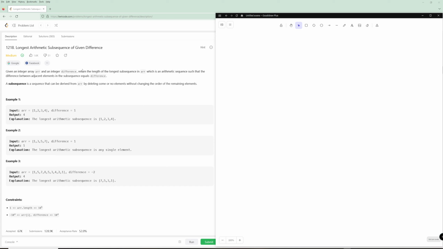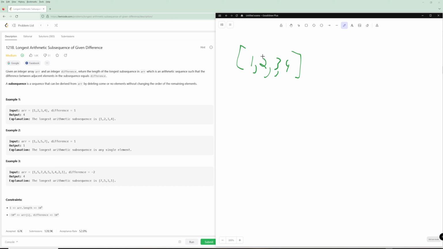Today we're going to be doing problem number 1218, longest arithmetic subsequence of a given difference. In this problem you're given an integer array arr and a difference, and you want to return the length of the longest subsequence in arr where every single element's difference is the given difference. For example, when we have this array here, 1, 2, 3, 4,